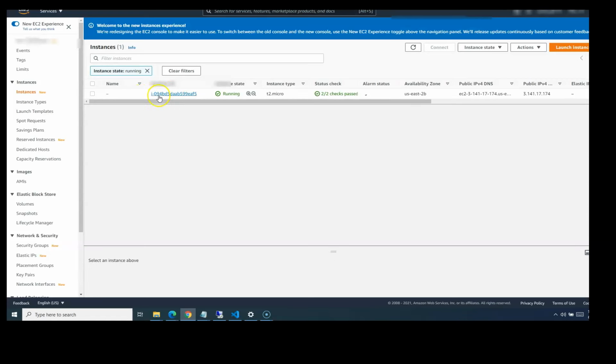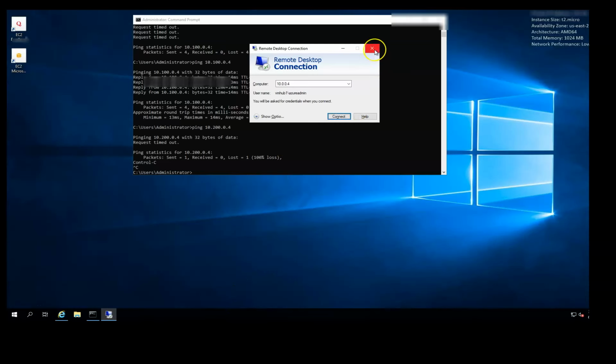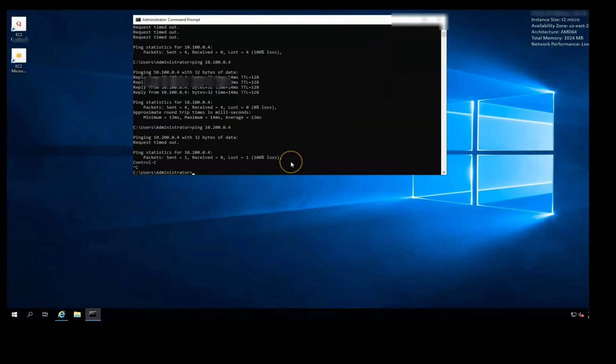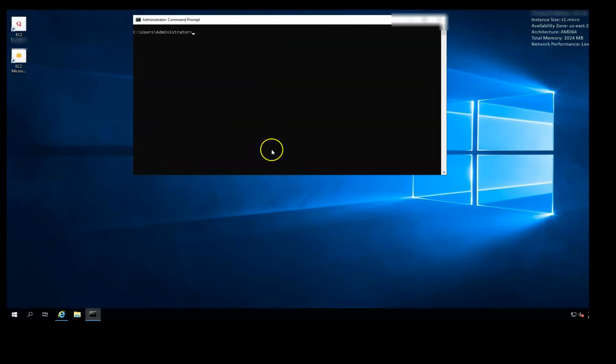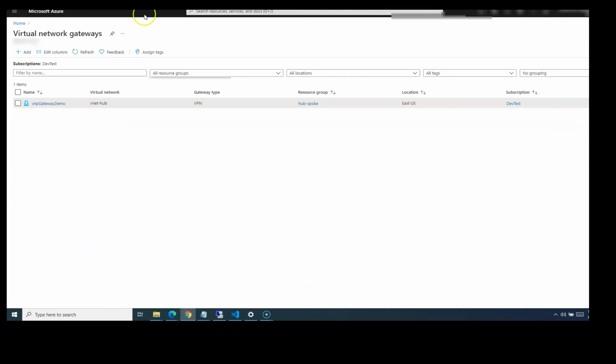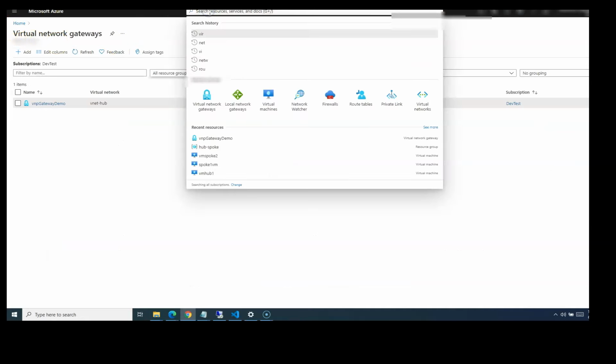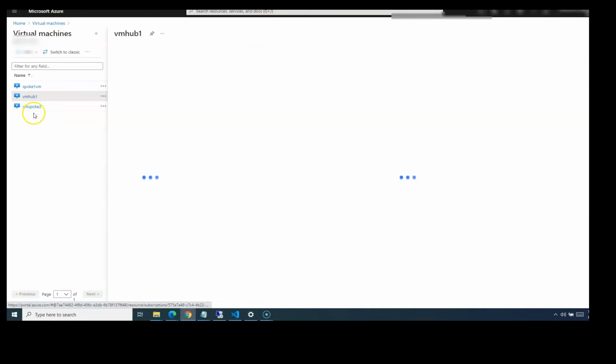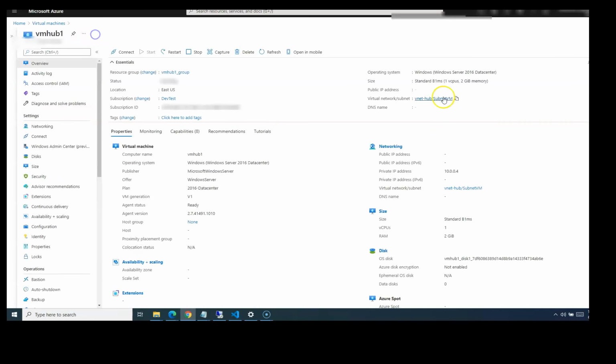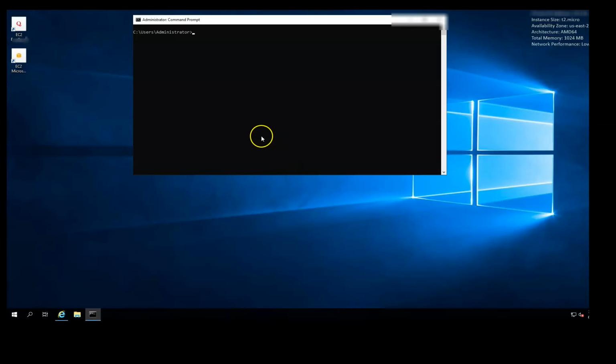Here I have logged into this machine, and in this machine my hub network. Let's see the hub network. The hub machine is this. So here I'm going to see if my AWS network is able to call. I think it's still not. I just noticed I might have missed my